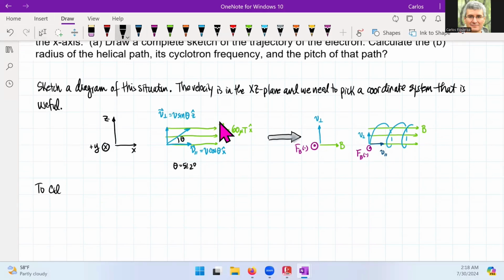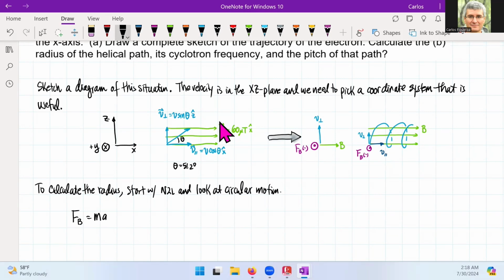To calculate the radius, start with Newton's second law and look at circular motion. So that means that if I have a magnetic force,